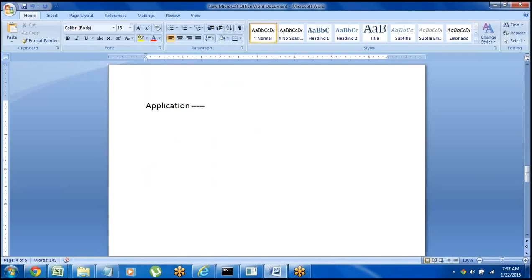There will be two steps. If you want to start an application, we have to follow two steps. The first step is organization setup, and the second step is creating the class structure. This class structure can also be called a class group, or we can also call it a work pool.